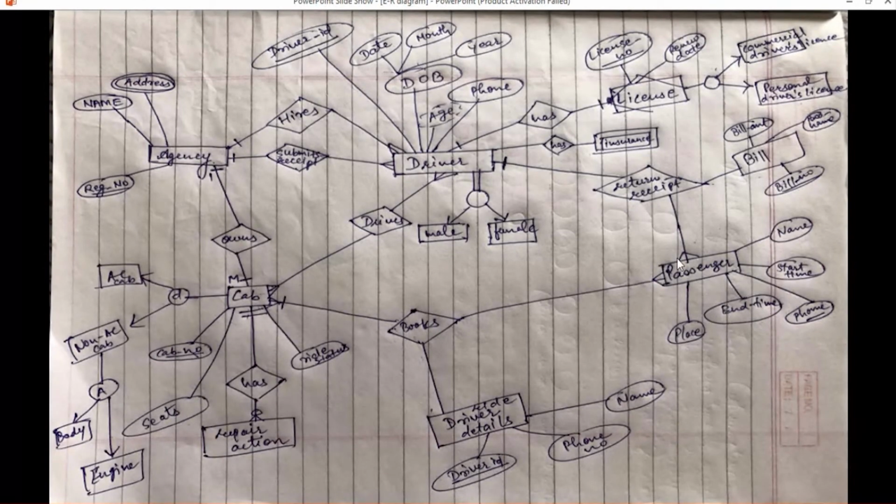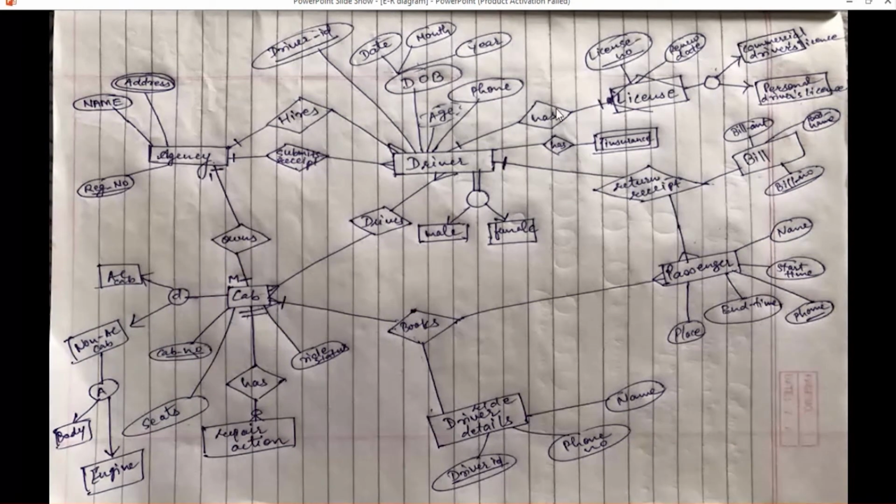After that, passenger, driver, and bill are combined with the ternary relationship, and here it is the written receipt. Whenever we have any bill, we'll have its receipt, and the receipt has such attributes. Passenger has some attributes. We have covered all this in detail in class, so I'm just quickly revising it. And again, there's a written receipt. One driver can have many written receipts, and the driver will submit all the receipts to the agency. An agency can hire as many drivers as they want.